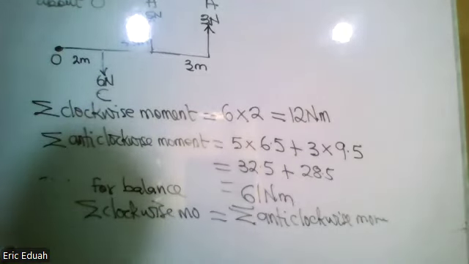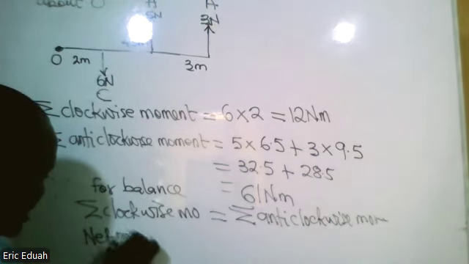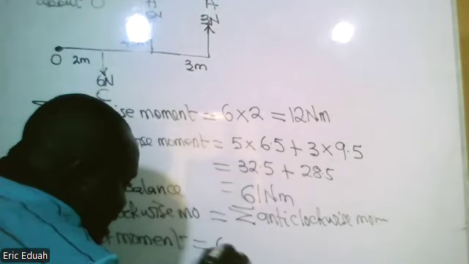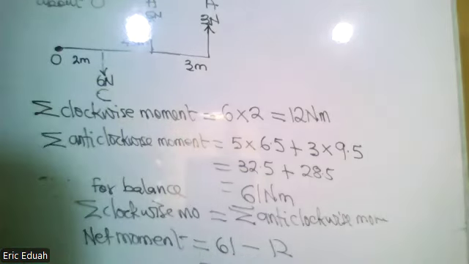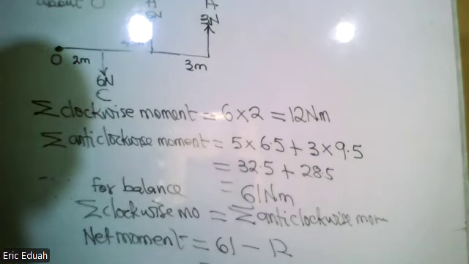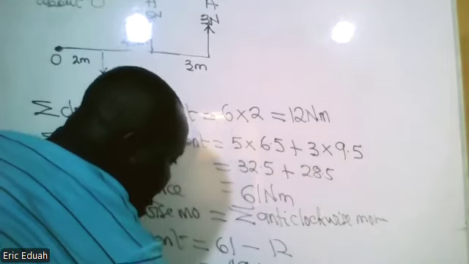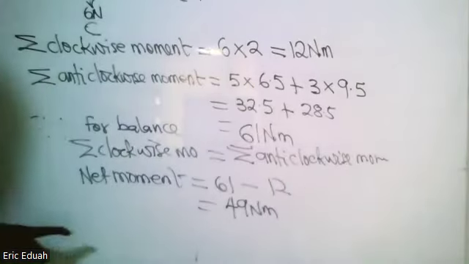So the difference gives us the net moment. So net moment is equal to 61 minus 12 Newton. And what is 61 minus 12? 49. So 49 Newton meter. So the net moment or torque is in the direction of the